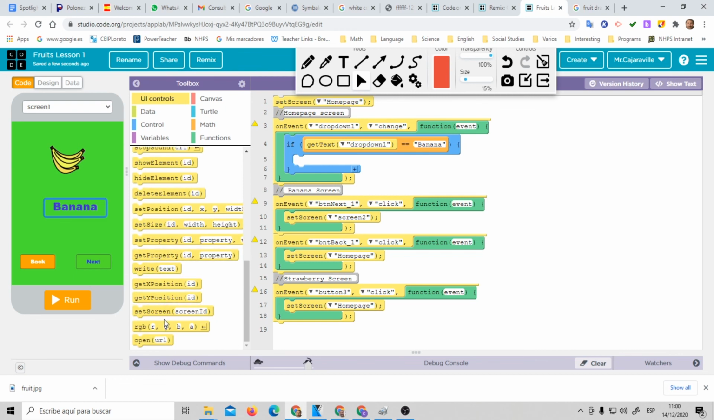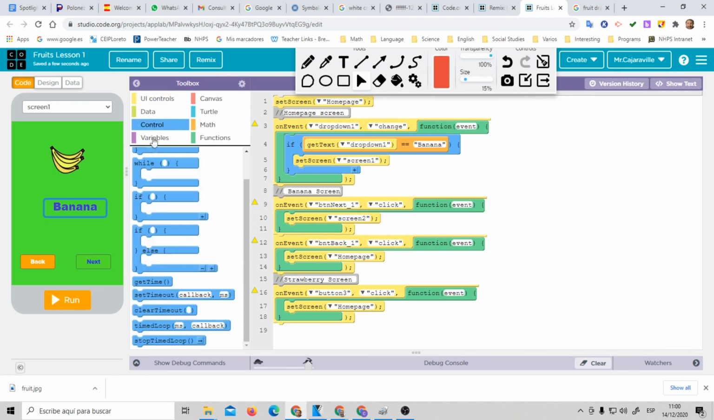It's going to set the screen to screen number 1. Okay, so that's what we say on event. When the drop down one changes, what's going to happen? If the text in the drop down is banana, go to screen number 1. And we are going to do another one for